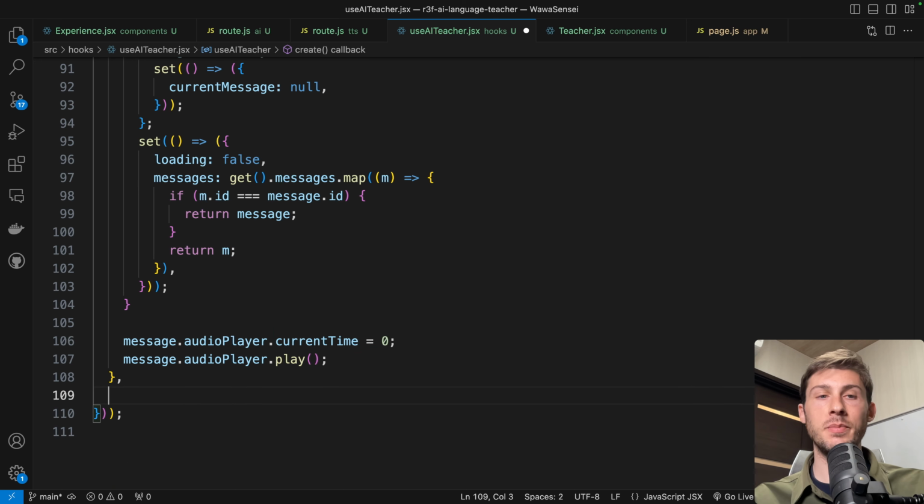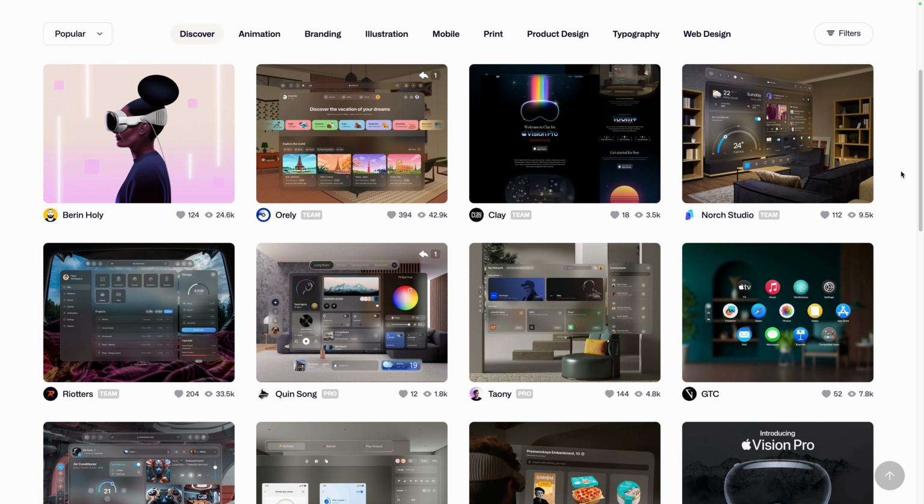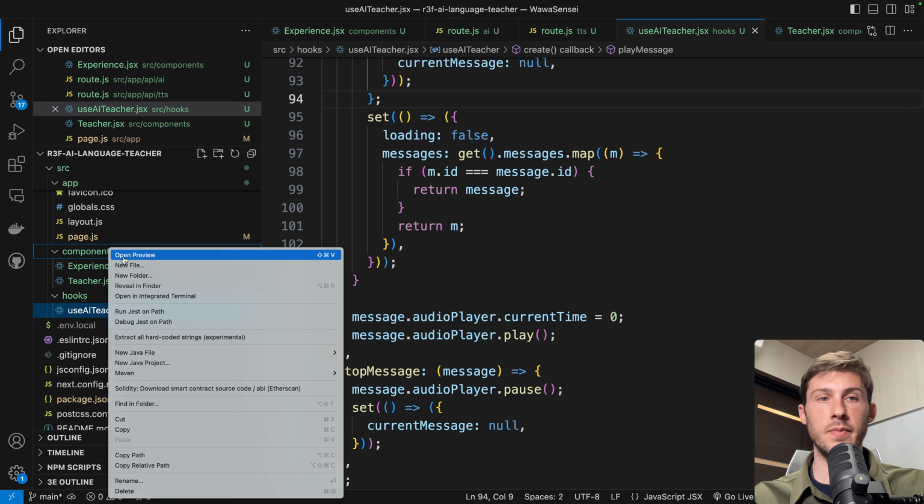Let's create a last method, stopMessage. If in our frontend we want to pause the audio, we create stopMessage, it will pause it and set current message to null. Now to use it, let's create our UI. I found some inspiration on Dribbble, and everything that looks bad comes from my mind. Let's create a new component named